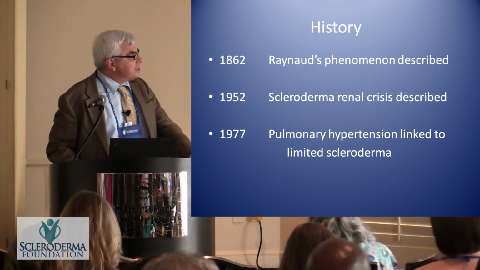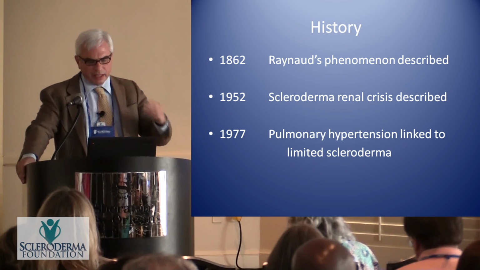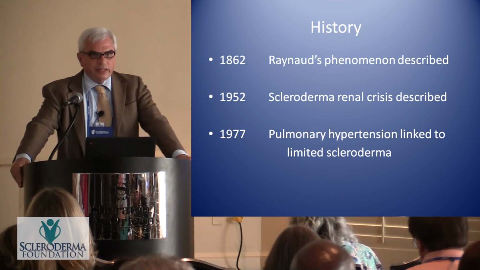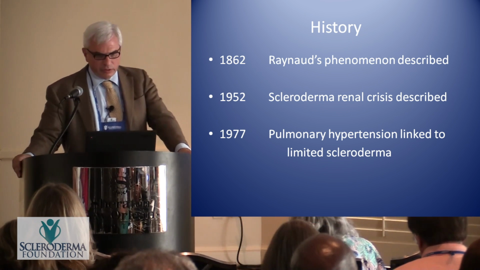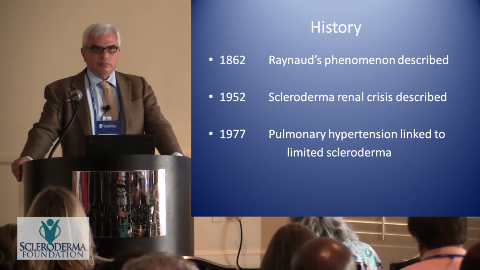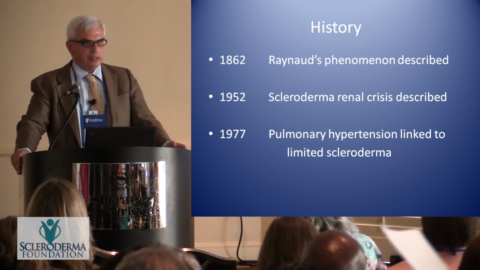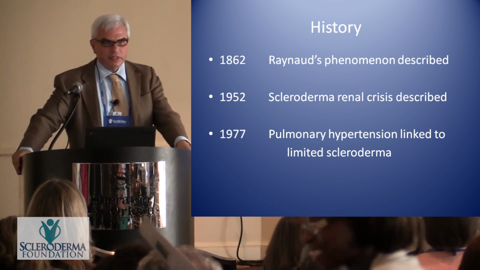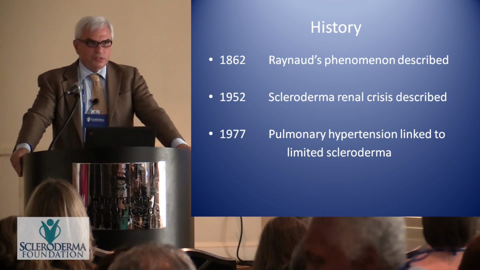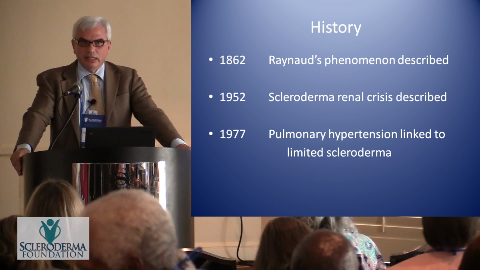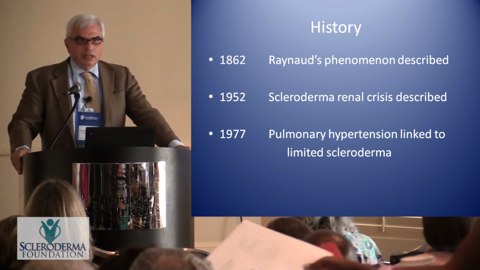So Raynaud's phenomenon was described a long time ago. It was not immediately associated with scleroderma. I can't quite tell you when that connection was made, but we know it's the most common symptom of scleroderma. I'm going to talk mostly about those symptoms that you might not think are vascular, but which I think are vascular, and I'm going to try to convince you of that, try to show the evidence for that, or at least make some hypotheses, and end up talking about new treatment approaches and